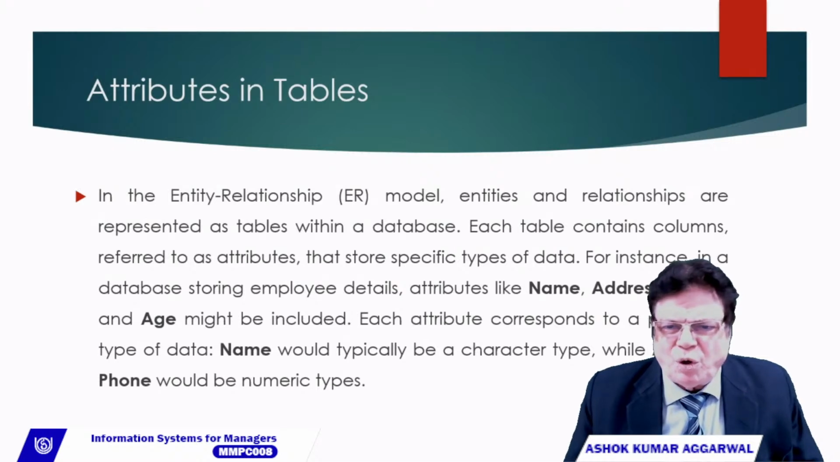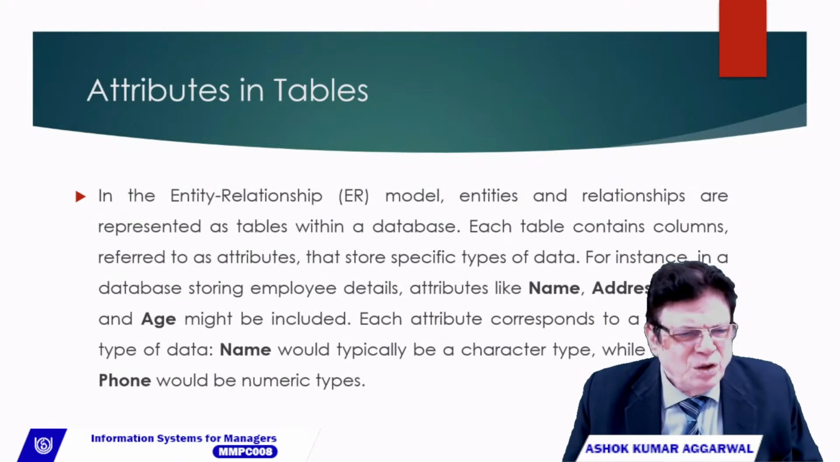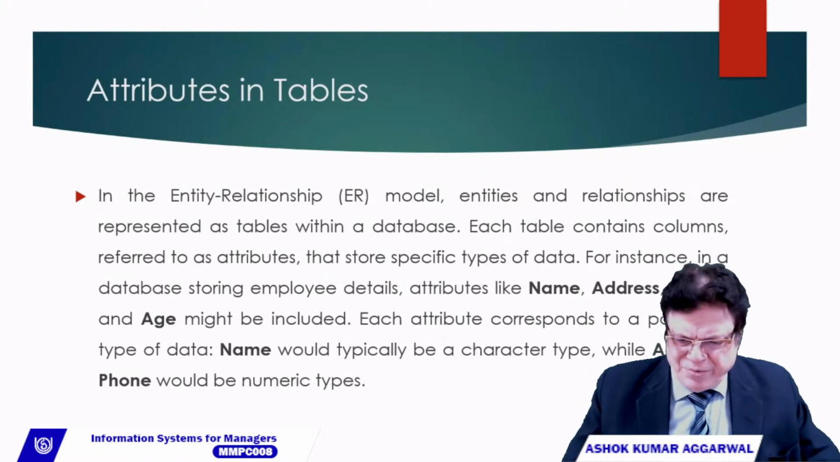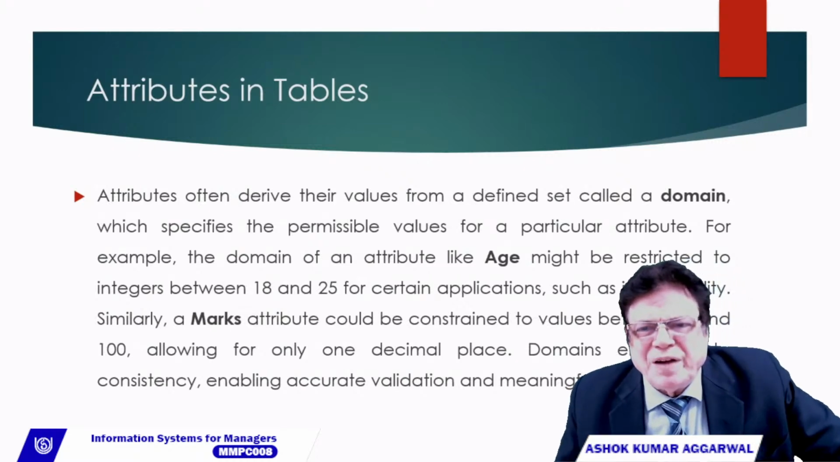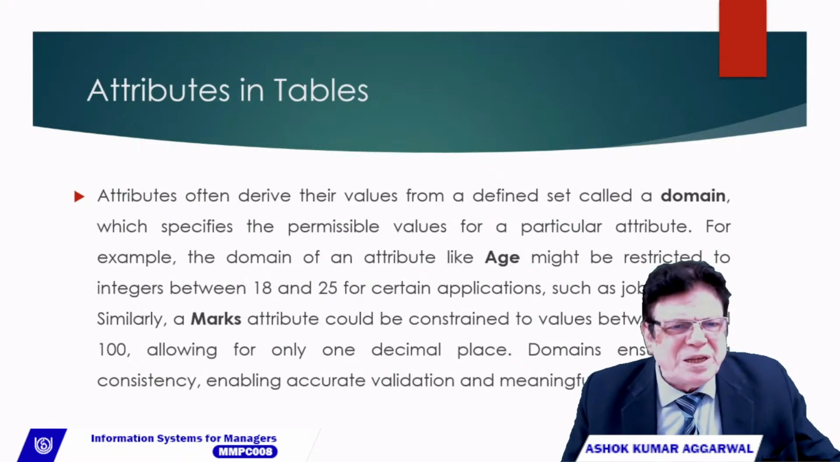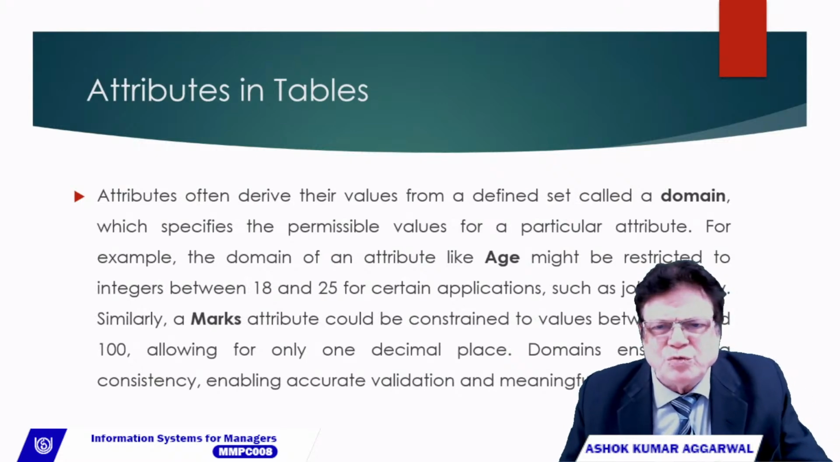Each attribute corresponds to a particular type of data. Name would typically be a character type, while age and phone would be numeric types. Attributes often derive their values from a defined set called a domain, which specifies the permissible values for a particular